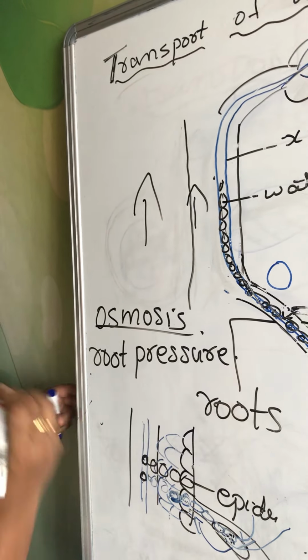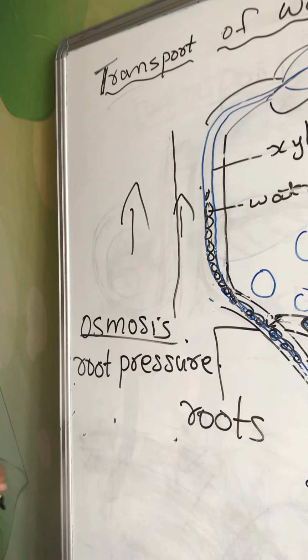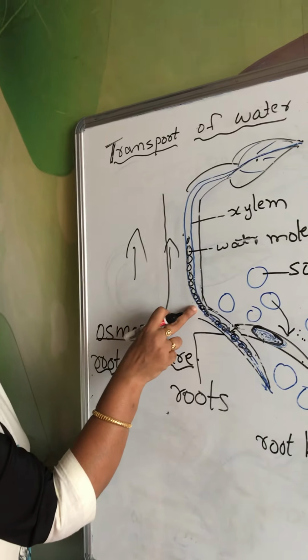Now let us see what is root pressure. Yes, children? When it comes to root pressure, the name tells you it is the pressure exerted on the walls of the xylem. By whom is the pressure exerted? The water which is entering the xylem exerts a pressure on the walls of the xylem, which is absorbed by the root. That's the reason it is called root pressure. It is the pressure exerted by water molecules as they finally enter the xylem.